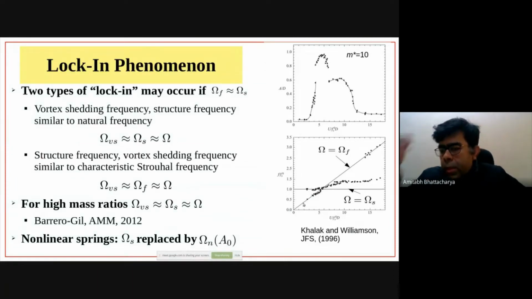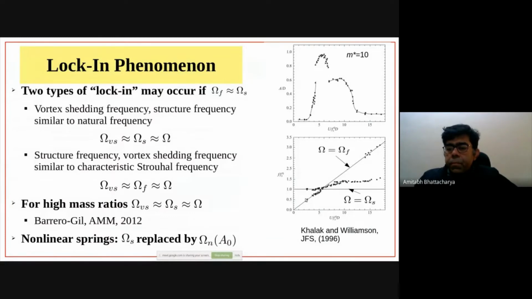Okay, so F by Fs equal to 1, these points are not exactly 1, but they are lying close to 1, let's say around 1.3 or 1.4, and this would essentially correspond to the oscillation frequency of the solid being very close to its natural frequency. Whereas if they are lying on this straight line, then it would be the oscillation frequency of the solid lying very close to the